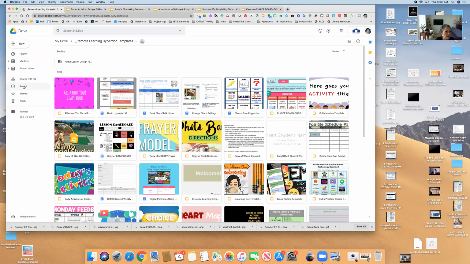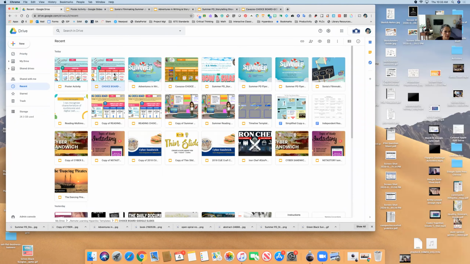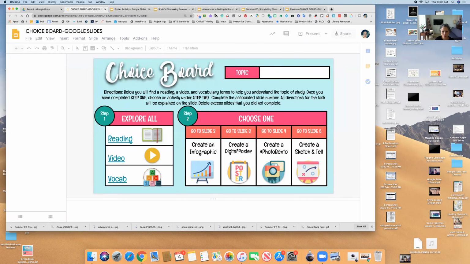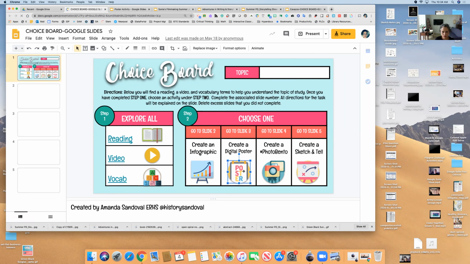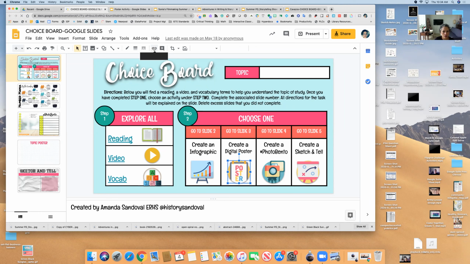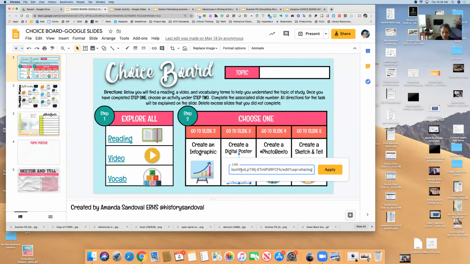And I don't know why I X'd it out, but here it is. So then go back to the choice board. And when it says create poster, which is the one that I did, I'm gonna link it to the one activity by itself. Insert link, put it in there.